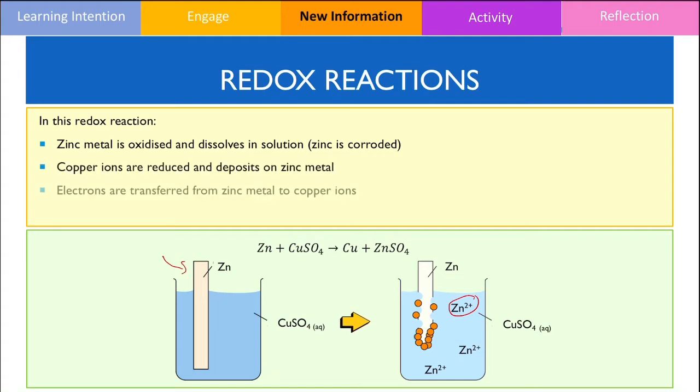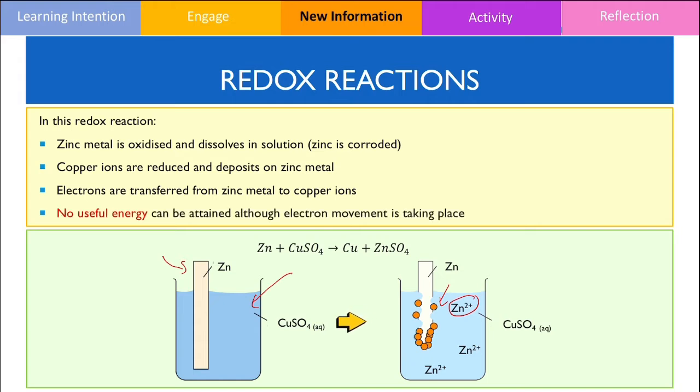Simultaneously, the copper 2 ions found in the electrolyte solution are reduced by gaining the electrons released from the oxidation of zinc and form copper metal. You can also see this in the diagram below, where the copper metal is represented by the orange particles forming on the zinc metal. Although the movement of electrons is present in this redox reaction, we cannot harness this to produce electrical energy because the oxidants and reductants are directly in contact with one another and can readily transfer the